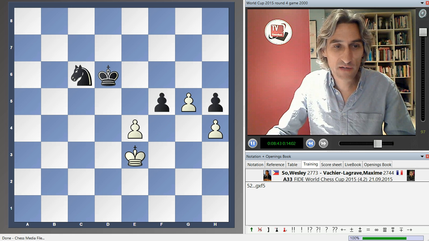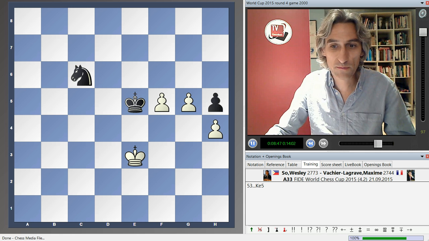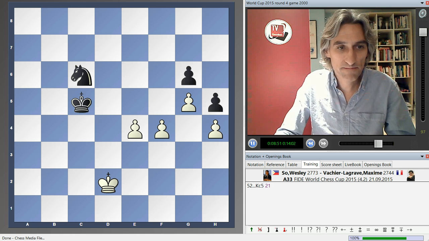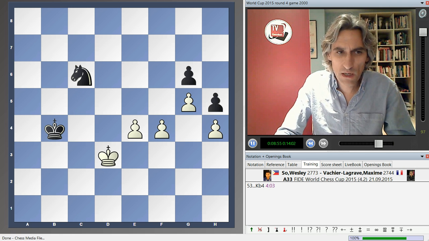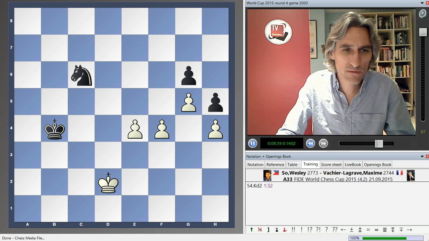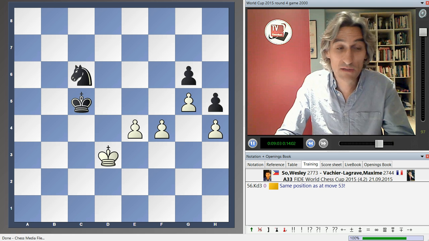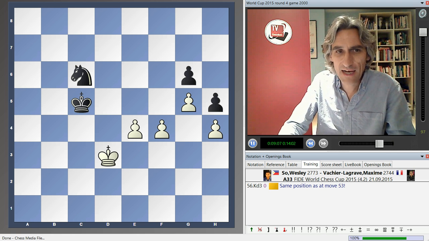Again, f5 just isn't any good at all. Black is going to be able to get a blockade. So white waits, and black waits too. Now, just for a moment, Vachier-Lagrave was a little bit unsure. He went round in circles a couple of times, and they arrived actually at the same position they had a few moves before. And here,